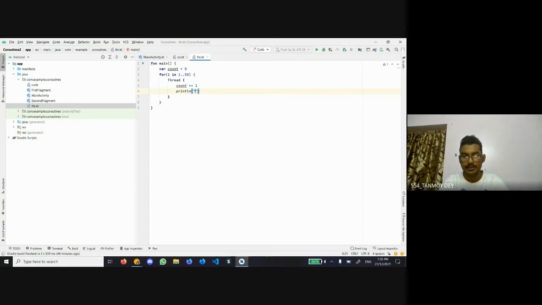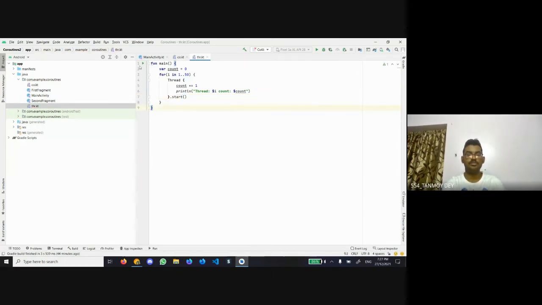What this part of the code is doing is printing the thread number, as we are running the loop from 1 to 50, right? By basic computer terms, you might expect it to run thread 1, and then since the count is incrementing before the print statement, thread 1 count 1, then thread 2 count 2, like that, right? However, you will be surprised to see how it works. We also need to add the start function, like I told you,